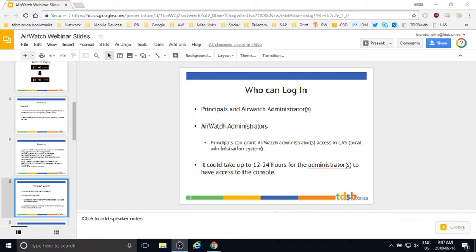As of, I believe, November 2016, maybe later, any iPad that you get brand new, so if you purchase it from the TDSB tech catalog, or if you have an iPad that you had prior to, we'll say 2016, if you wipe that iPad, it will automatically go into AirWatch through a process that's known as DEP, which basically means when that device is wiped and it comes back to life and you see that setup screen, what you're going to see is that it's going to ask you to enroll the device. So I'm just going to show you the actual process that we would go through.